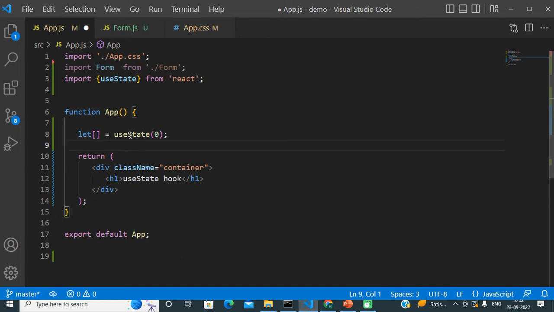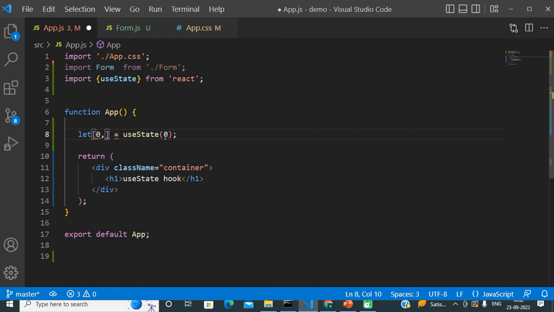So friends, we are just calling the useState hook and passing 0 as the initial value. In that case, the useState hook returns two values. One value it returns is the same value that we pass to it. If I pass 0 as a parameter, it returns 0.